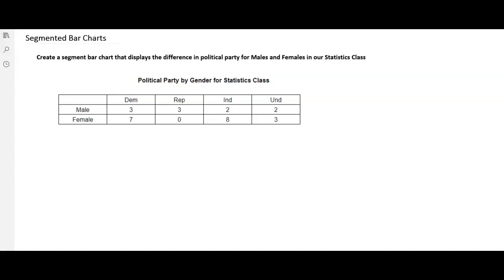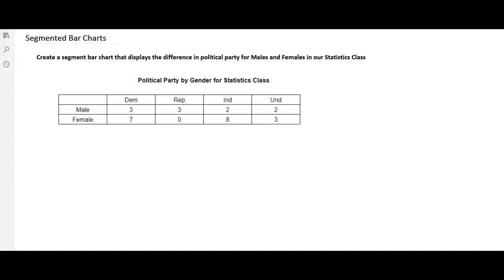Okay, what we're going to be doing for these notes is we're just going to learn how to make a segmented bar chart. And so this is the data from our class, our stats class. And what we have to do to make a segmented bar chart is start off by finding the marginal distributions by gender. Okay, so